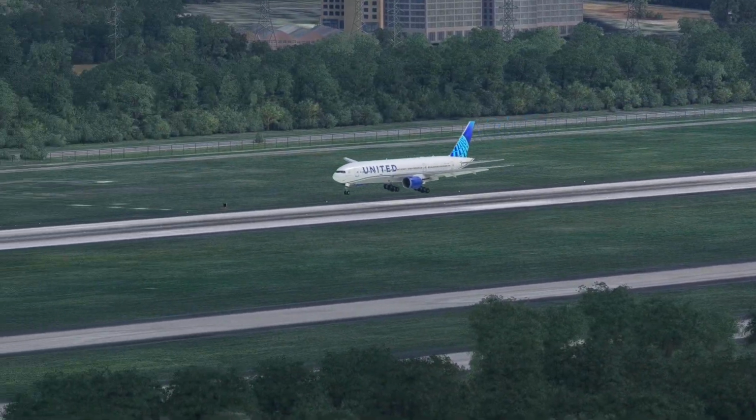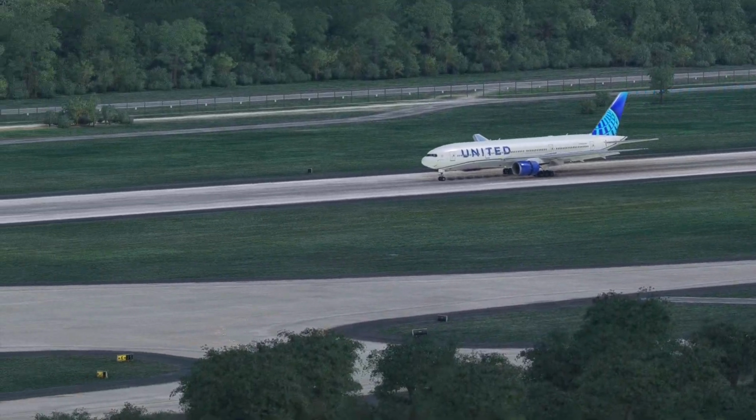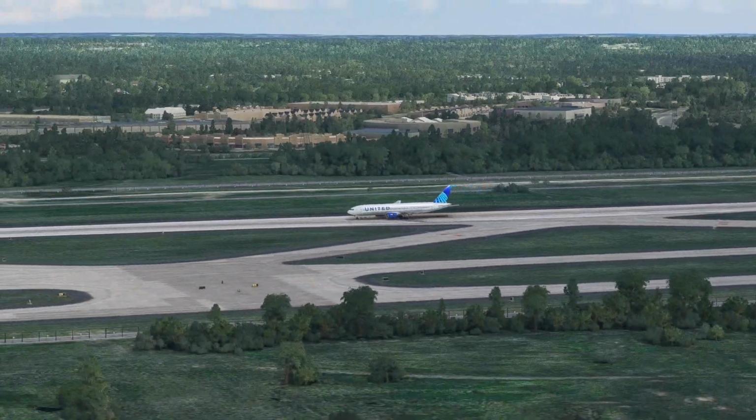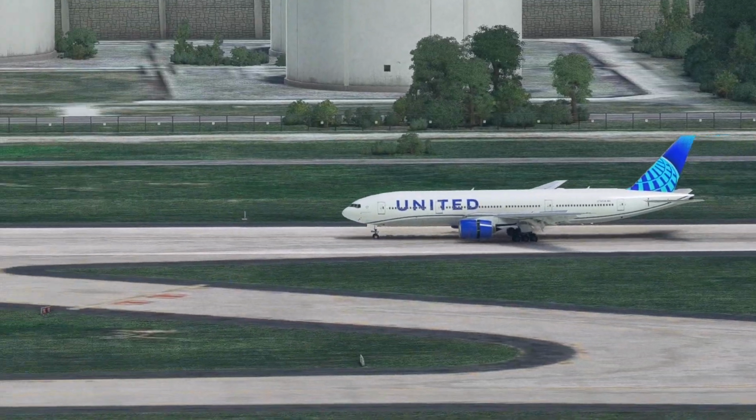Dulles Tower, United Niner 47 Heavy, 10 miles south, inbound ILS runway 1 right approach. United Niner 47 Heavy, Dulles Tower. Altimeter 29.85, wind 3-4-1 at 1-3. Cleared ILS runway